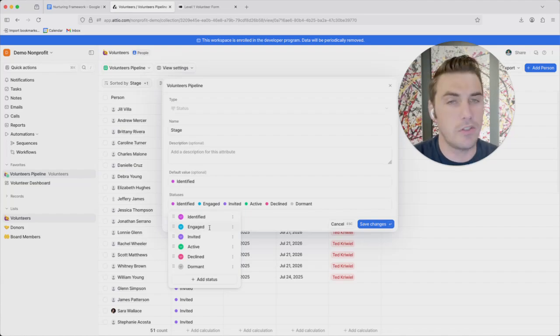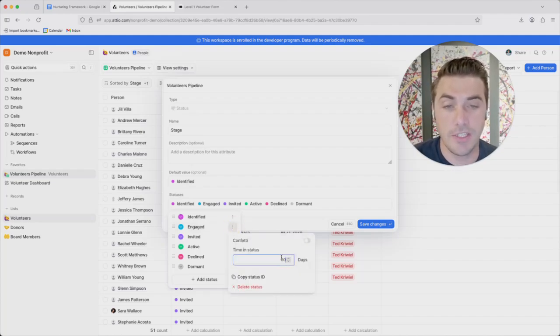We've got too much to do, too many balls we're juggling. We don't have time to keep making our to-do list longer. We might add a task for ourselves at day 84. When day 84 hits, create a task to follow up with Jill Villa because we think they'd be a great volunteer. Same thing, engaged. We have 90 days to get coffee with them, talk, as long as we need to feel them out, make sure they make sense for us, align with the purpose.